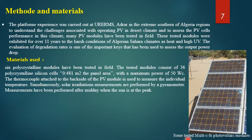Six polycrystalline modules have been tested in the field. The tested modules consist of 36 polycrystalline silicon cells with a maximum power of 50 watts. The thermocouple attached to the backside of the PV module is used to measure the individual temperature. Simultaneously, solar irradiation measurements are performed by a pyranometer. Measurements have been performed after midday when the sun is at the